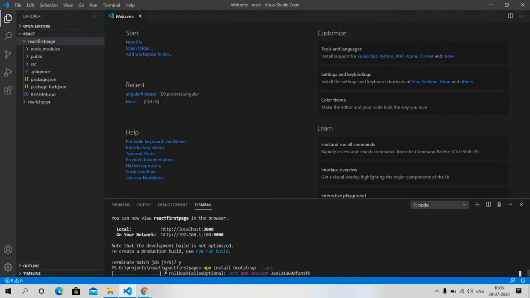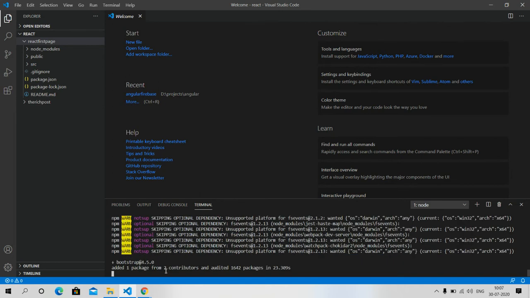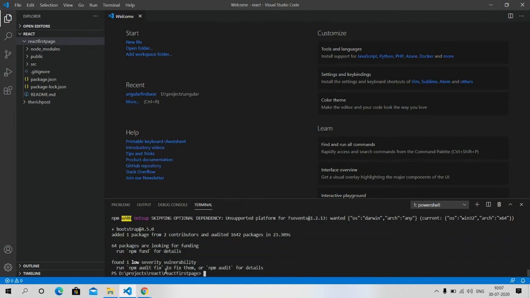Friends, this command will install the latest Bootstrap version, which is now 4.5. You can see Bootstrap 4.5.0 is installing into our React.js demo application. Great, Bootstrap has been installed.